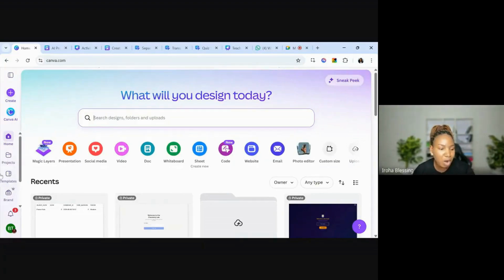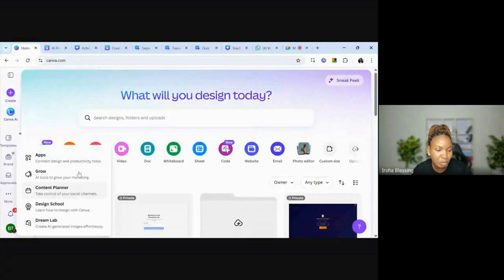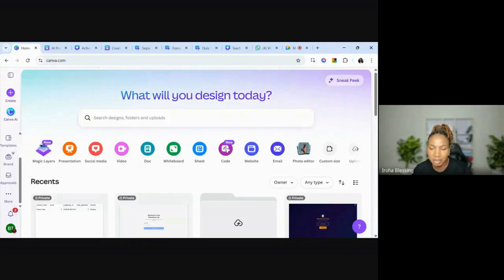For those of you who are on a Canva Edu account, for you to access Canva Code, you need to go to More. So it's a bit different from this. I'm using my Canva Pro account. So if you're using your Canva Edu account, just go to More. The first app you will see here will be Canva AI. If you click on Canva AI, then you'll be able to select Code, because what you're creating, you're using Canva Code to create what you want. So I'm just going to click on my code